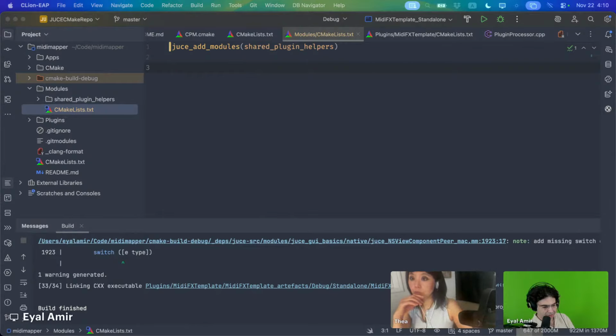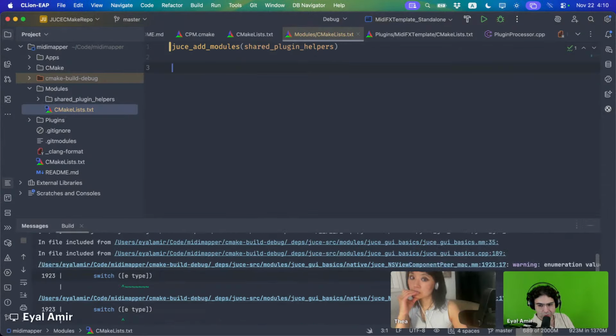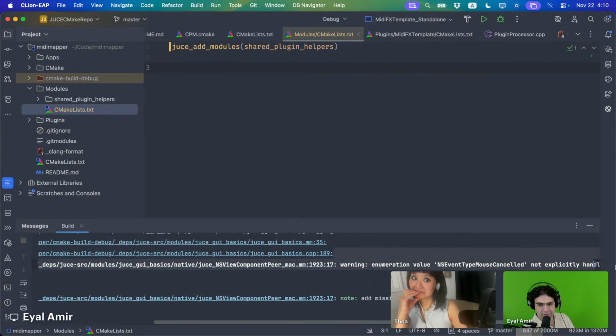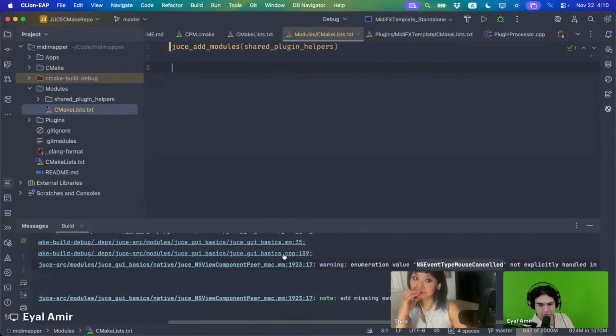No, they're still on 8.0.10, so there's no new release. And I don't know if I want to update to the develop branch or something. So hopefully they would fix this warning soon. I hate having warnings in my code. It drives me crazy. So what I'm going to do, just to avoid this warning,